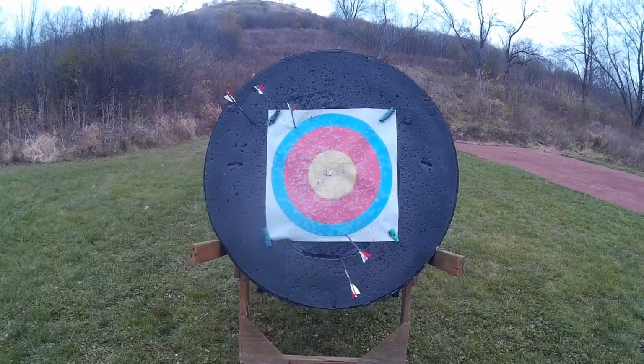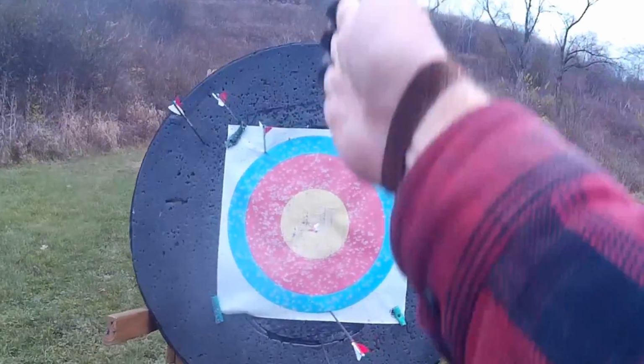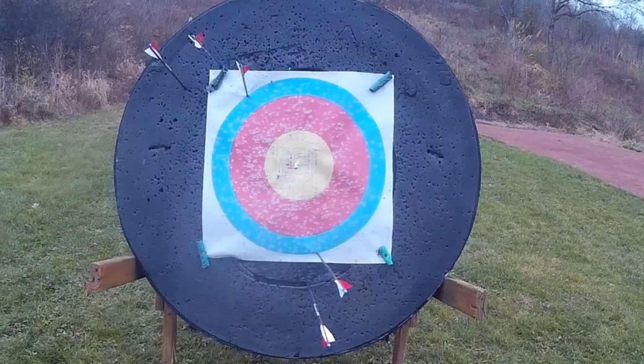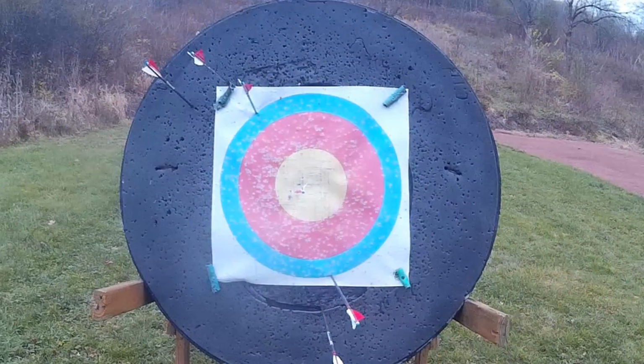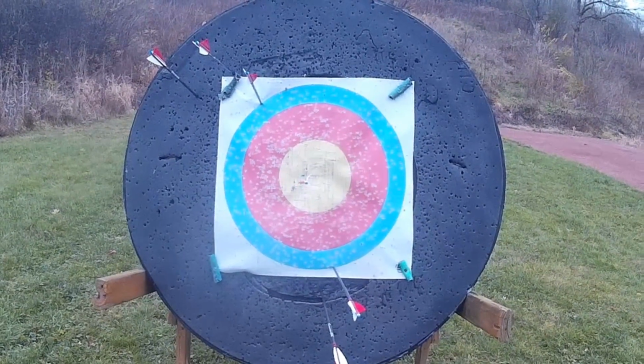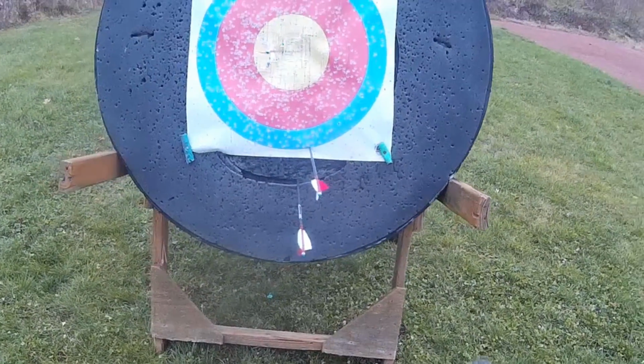And here's 75 meters, 80 yards. Dead center. Look at the variation here. Very little left to right variation. A couple up in the corner. But look at that. A dead nut shot using pond scum hybrid string walking at 80 yards. Dead center with nothing but a hand